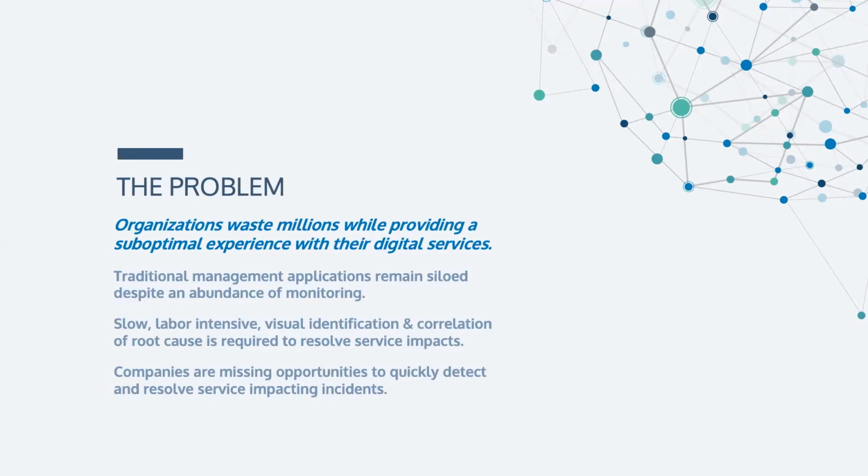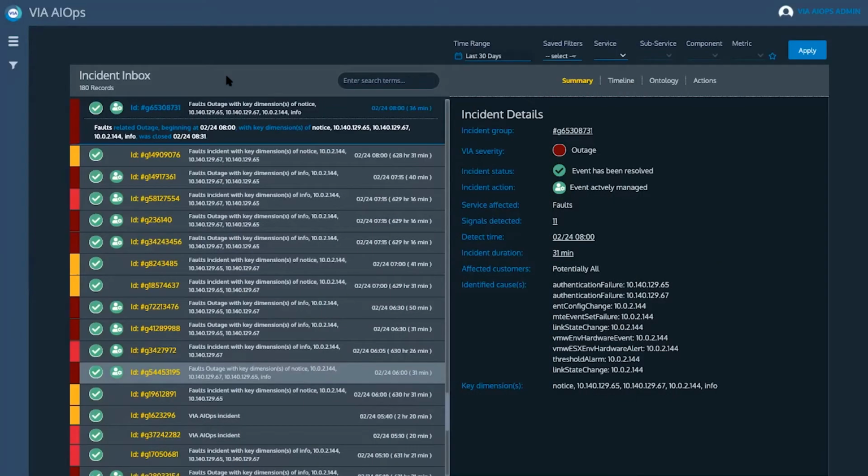Today, the traditional methods of monitoring and event management are being used. So, this is creating a lot of overhead in terms of identifying problems, and in terms of putting people that have to monitor and look at screens to fix that problem. With the VIA AIOps incident inbox, SREs can easily identify open issues that need to be attended to right away